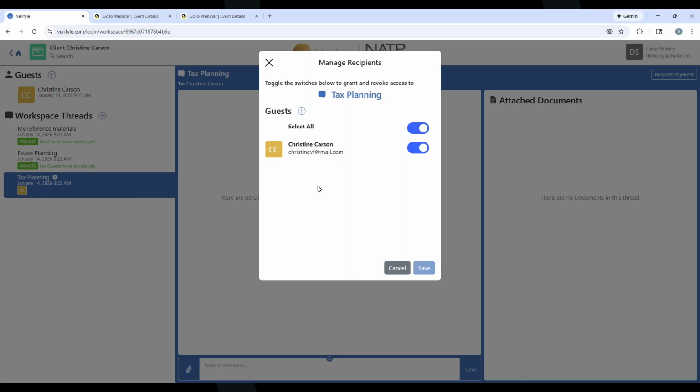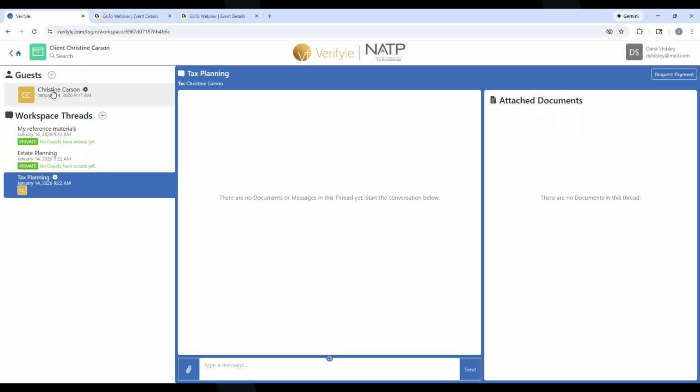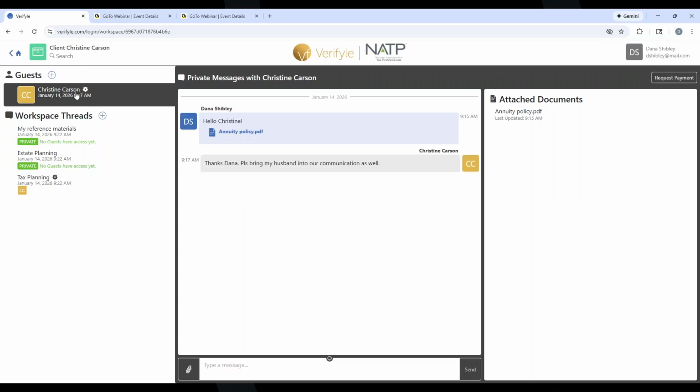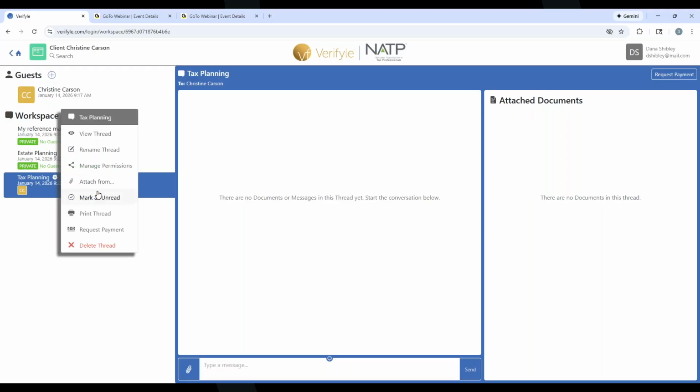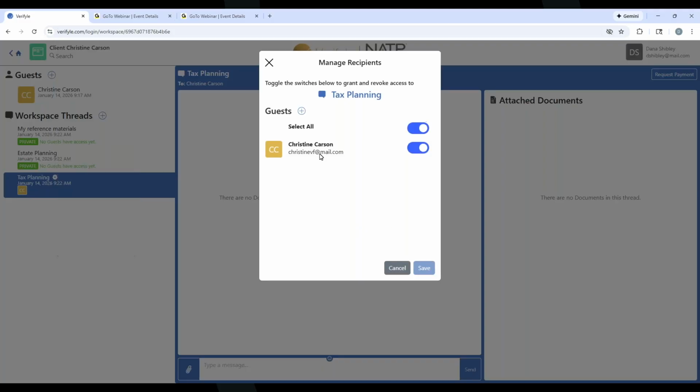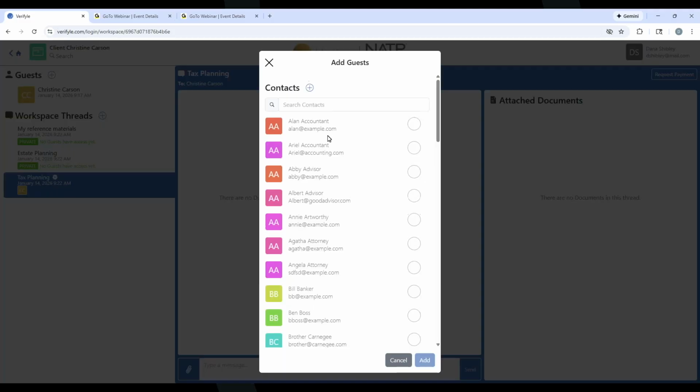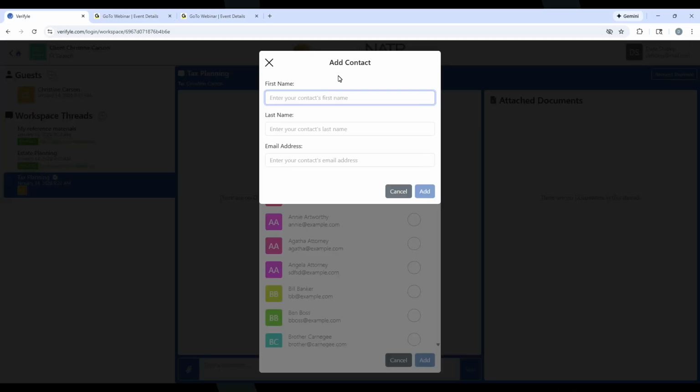I want to add her husband in here because remember, in the one-to-one private messages communication that I had with Christine Carson, she told me to bring her husband into the communication. And I know she was speaking specifically about taxes. So I'm going to go back to the tax planning workspace thread, click on the gear icon, click on Manage Permissions, and he's not somebody that I've communicated with in the past, her husband, so I need to add him as a contact. So I'll click on the plus symbol here, and let's say his name is Sammy,